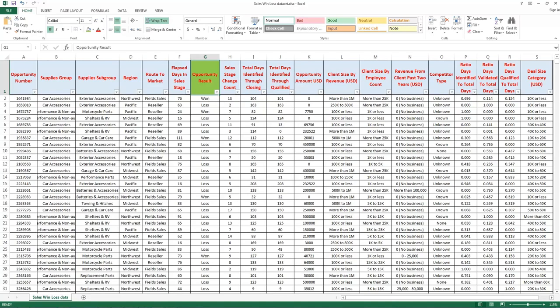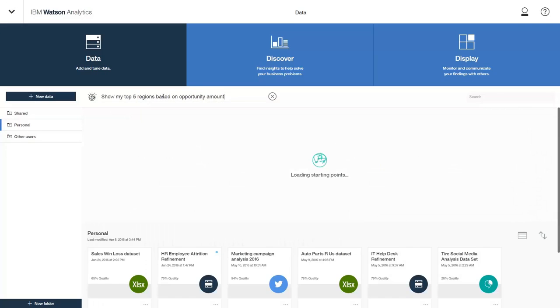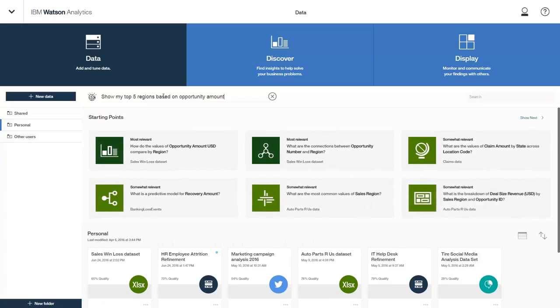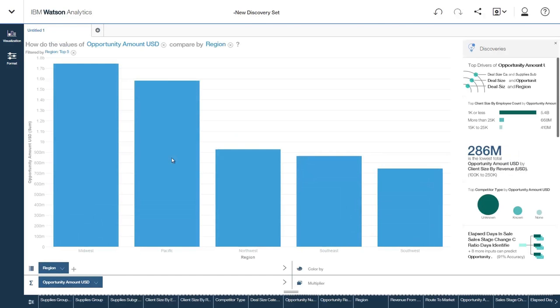Apart from some ad hoc exploration, I'll use the predictive capabilities of Watson Analytics to understand the most important elements that go into a successful deal. I begin by typing my question in natural language right here on the Watson Analytics homepage. The built-in Cognitive Smarts looks across all datasets to fetch the insights and then ranks them in order of their relevance. I choose the most recommended bar chart from the Sales Win-Loss dataset to look at my top 5 regions